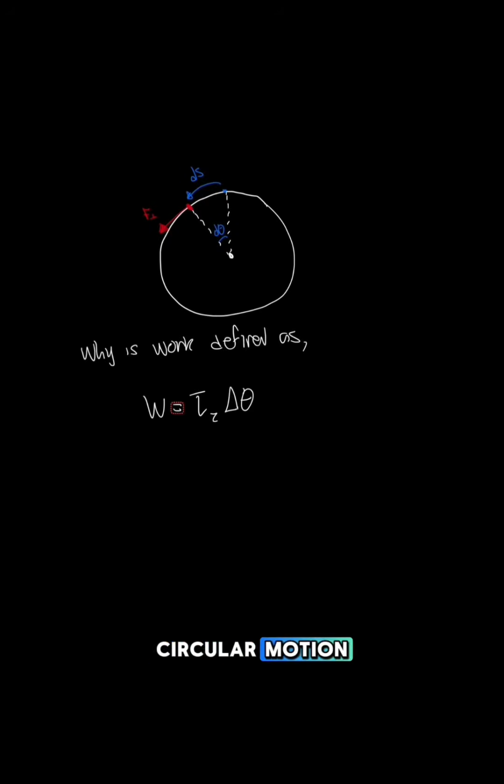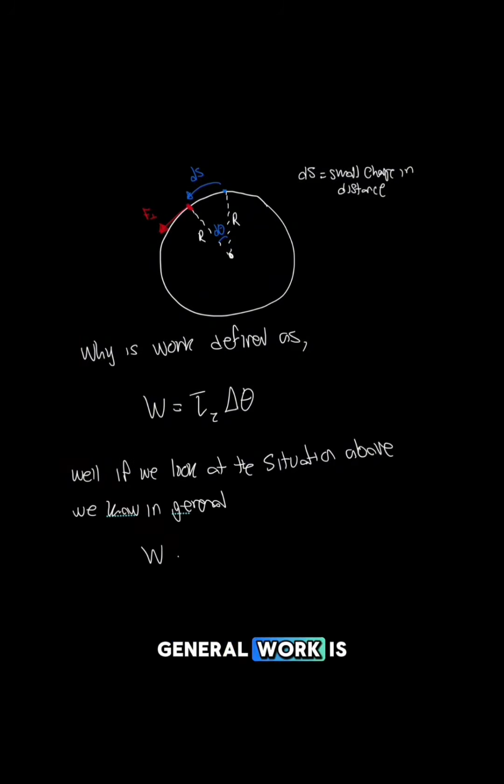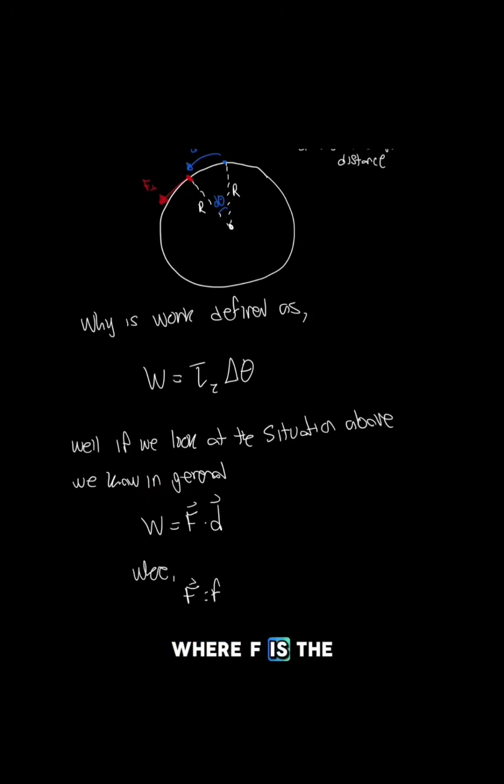For work in circular motion, work is equal to torque times the change in angular displacement. But why does this make sense? Well, if we look at the situation above, ds is our small change in distance in the circular motion. The length of the radius of the circle is going to be r. We also know in general work is equal to force times displacement, where F is the force and d is